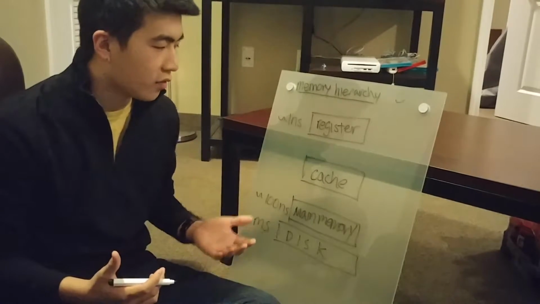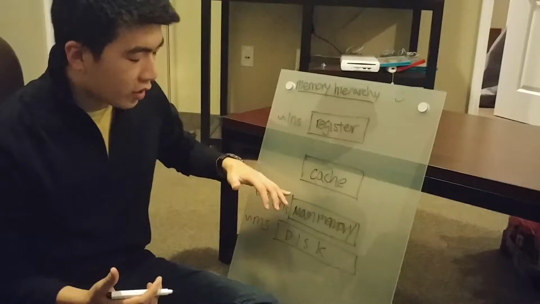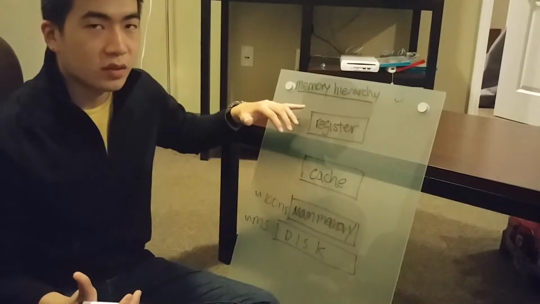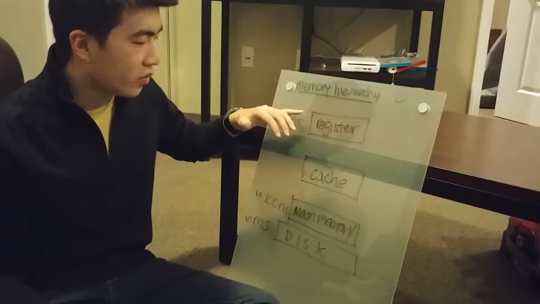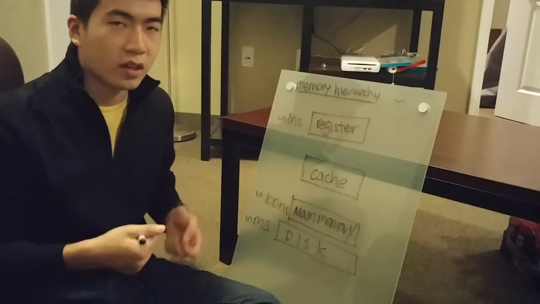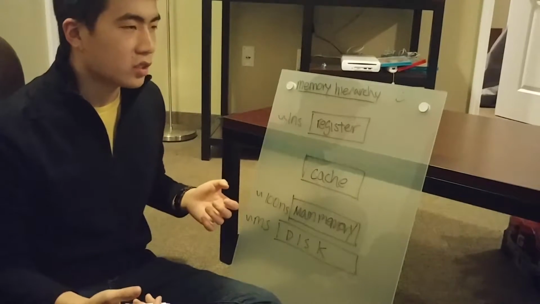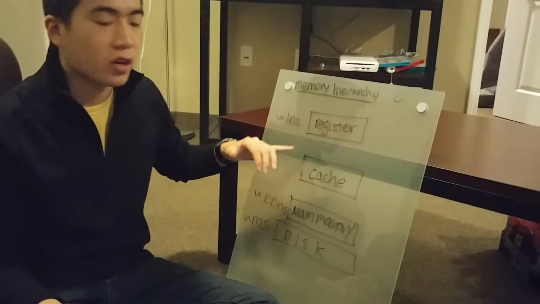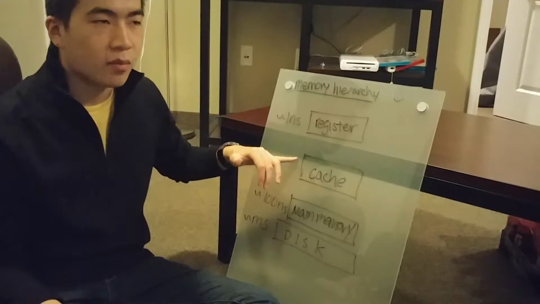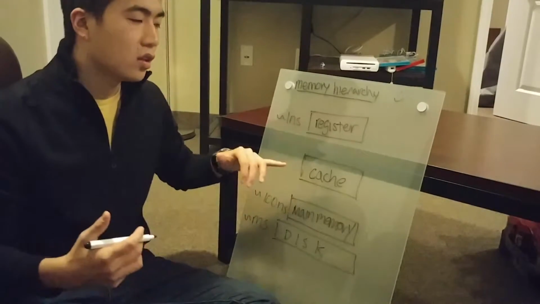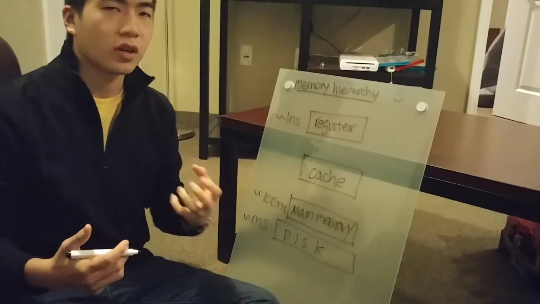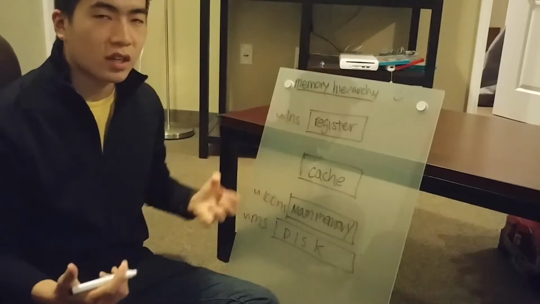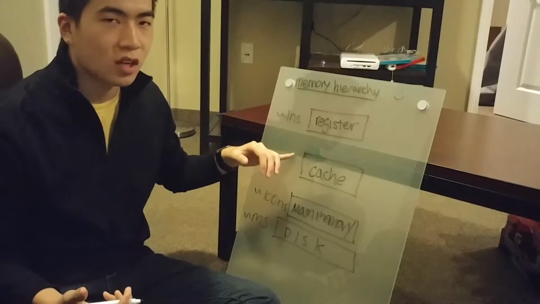So anything that you have in your main memory, you can bring it into your cache or your countertop before you start working on it in your register or your cutting board. So if you're working on your cutting board, making a sauce or something, and you realize I need salt. You don't have it in your cutting board, but it's probably going to be somewhere in your cache, because you brought it in from your pantry at some point earlier. You use salt, so you brought it in and you don't need it now, so it'll be sitting on your countertop